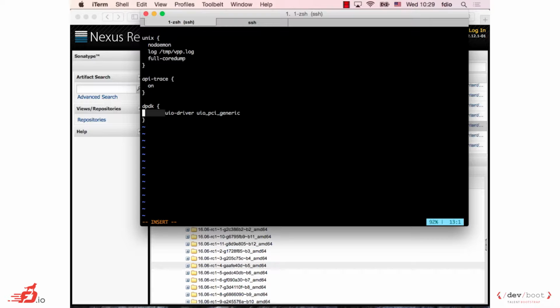Another thing you can do in this file is whitelisting of interfaces. So for example, if we do dev,